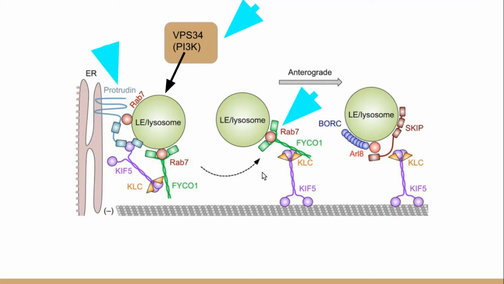So the basic pathway is VPS34 activation by amino acids. This causes PI3Ps on the lysosome to recruit FYCO1 and protrudin. Protrudin transfers kinesin to FYCO1, and once FYCO1 is functioning as an adapter between kinesin and the lysosome, it's able to mediate anterograde transport. And note that FYCO1 also binds Rab7,